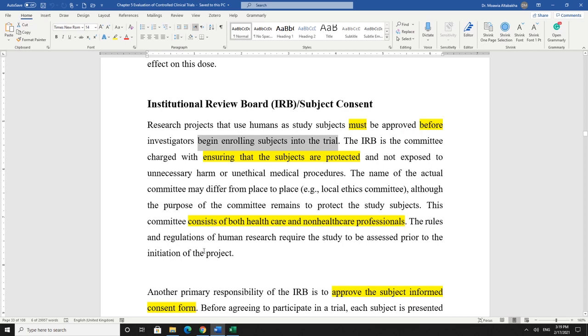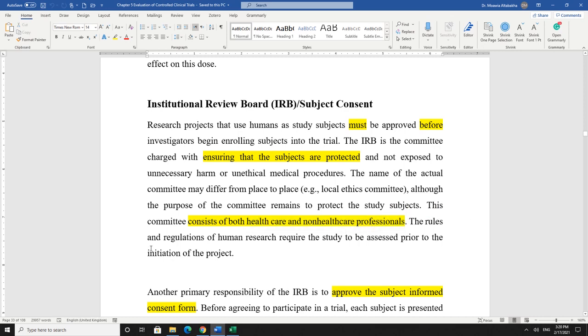Their main job, okay, is to ensure that the subjects are protected, the people that you are recruiting will be protected, and they are not exposed to unnecessary harm. Okay, that is their main function, but they have other functions as well. And this committee usually consists of not only healthcare providers, professionals,